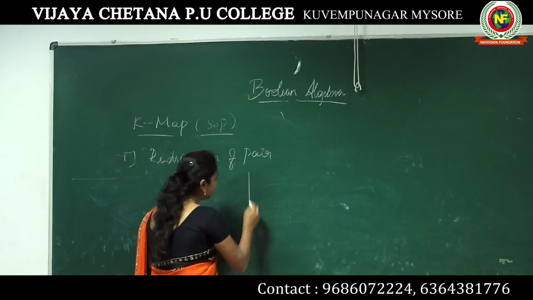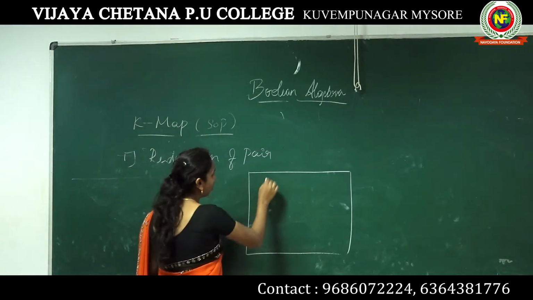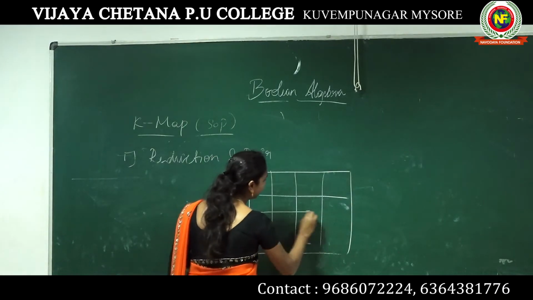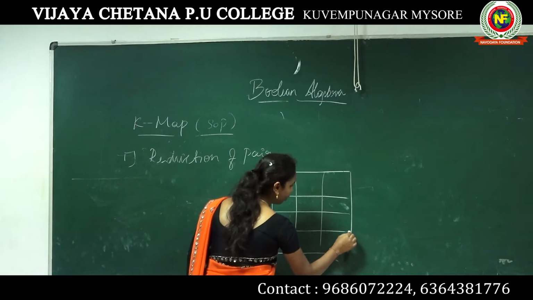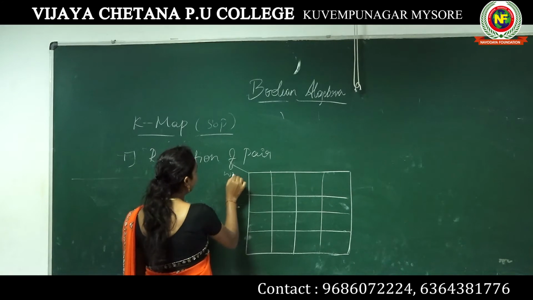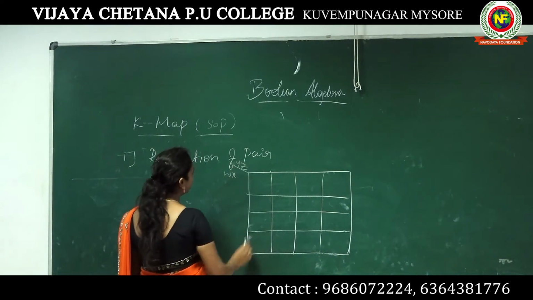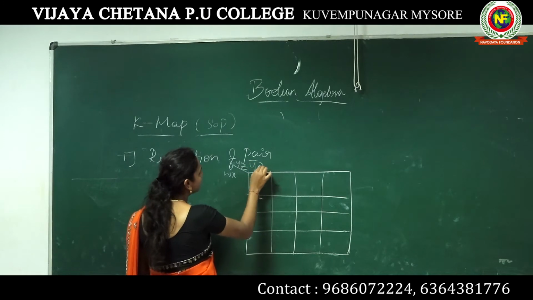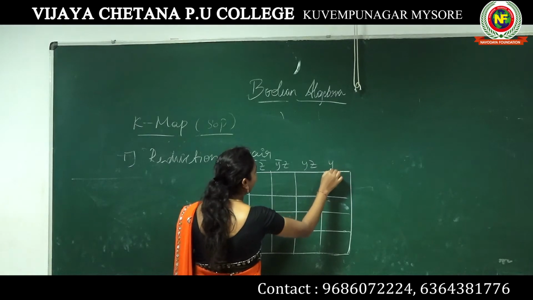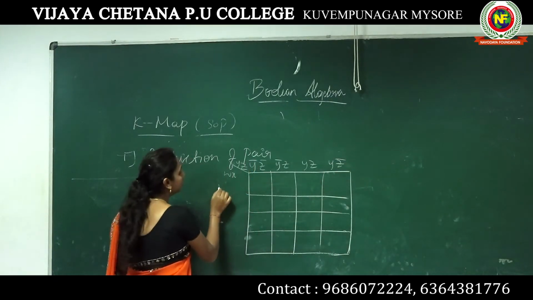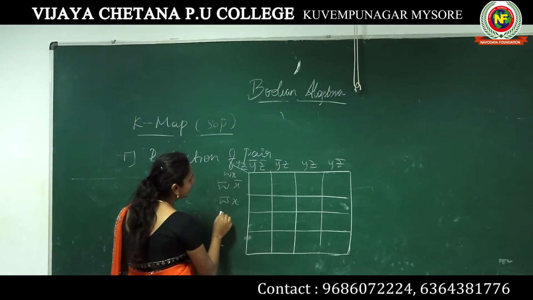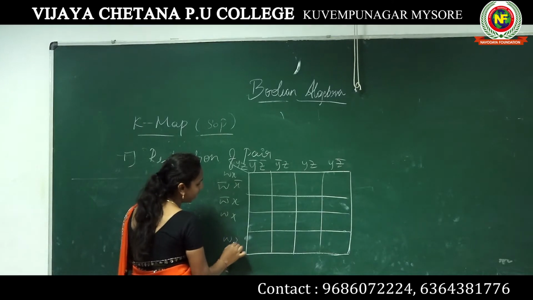So first you need to write a K-map here. I have already told you, the complete problem comes under the 4 variable K-map. That's why we are taking this K-map. Okay, W, X, Y, Z. So you know all these things. What we have to write here: y bar z bar, y bar z, y z, and here y z bar. Right, here w bar x bar, w bar x, w x, w x bar.